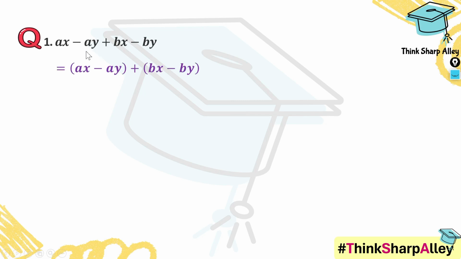When the grouping of terms gives rise to a common factor, then we follow this procedure. Let us understand this with the help of an example. So here first we will arrange the terms in proper groups. Here the terms are already arranged, so we don't have to stress about arrangement. So now let us group them. We will group them in such a way that each group must have a common factor.